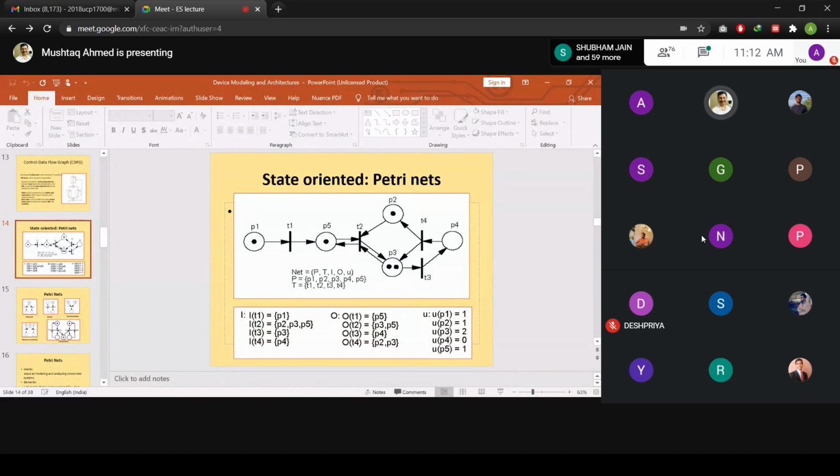Now what would happen if the state transition or triggering takes place at all these different transition points? In that case, what would be the position of the tokens after completion of this transition from one state to another? So this would be a homework exercise for you: having this type of scenario, for the next state transition, what would be the state of the tokens in the different positions after taking the transition simultaneously at these different transition points.